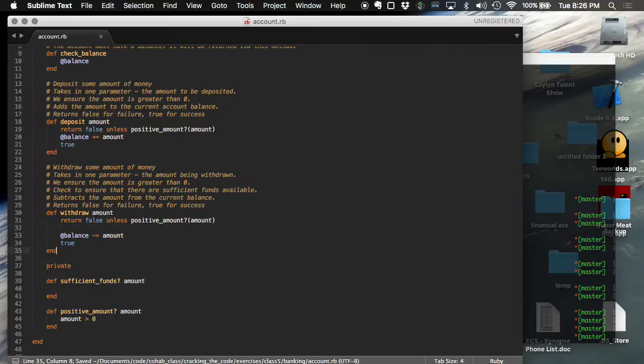The void. So if we're checking to see if sufficient funds are available, I actually kind of like saying it that way, sufficient funds available, so what do I need to check here? I'm passing in the amount, right? I can make a new balance. It's a local variable, right? I don't have to set my real balance equal to it. So if my new balance is equal to balance minus the amount that I pass in here, I can easily return